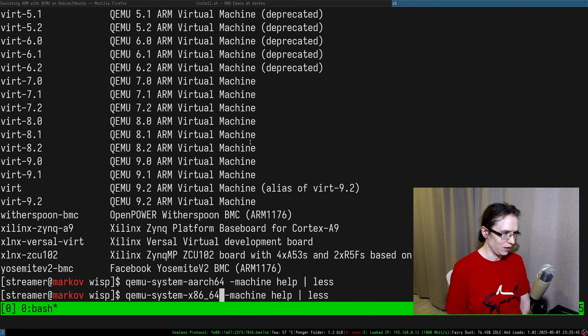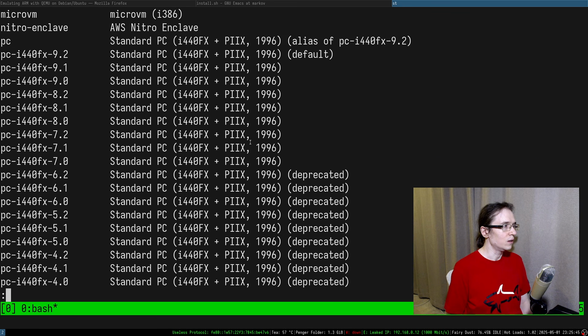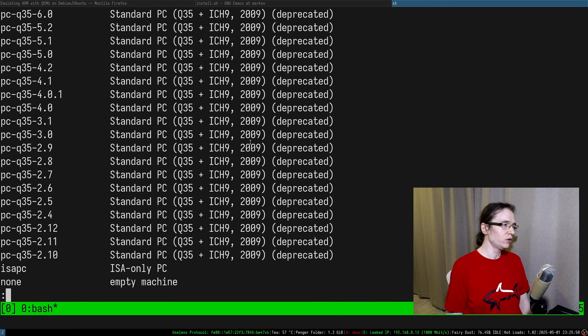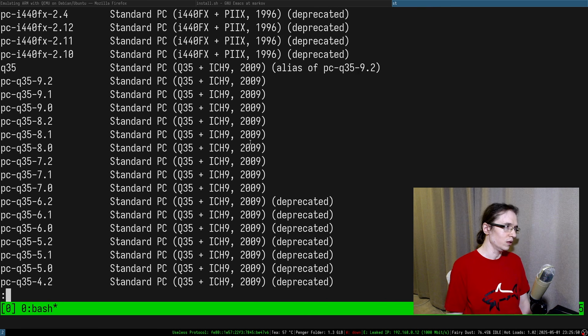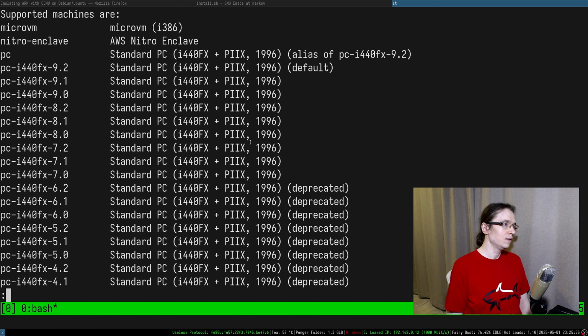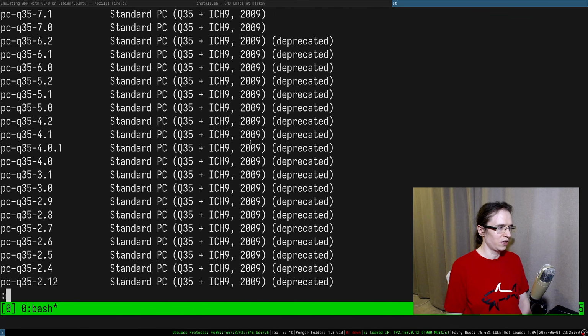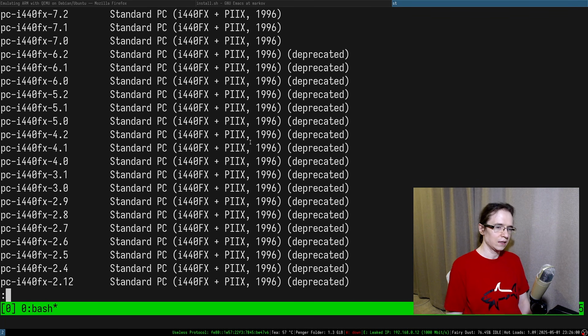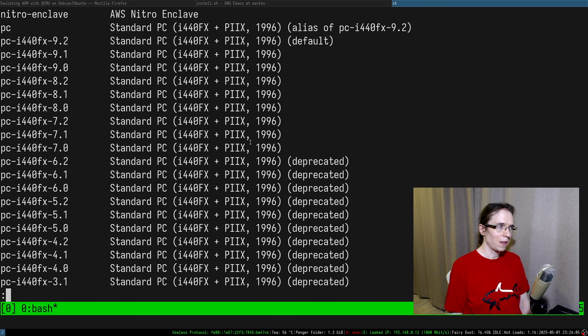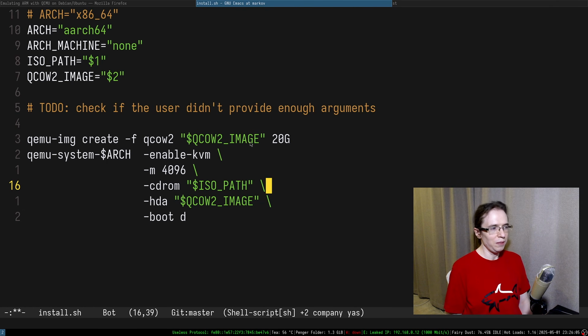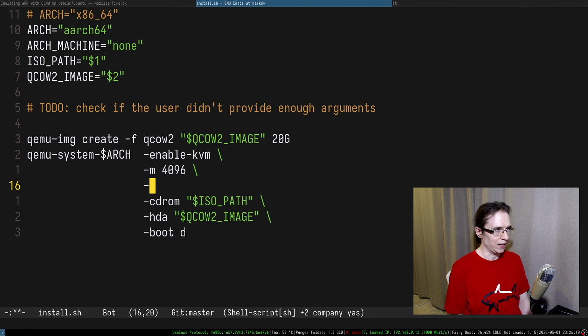So if I do x86-64, ooh, wait, a machine is also applicable to x86-64. Huh. But I suppose for x86-64 it does really matter, so it's just a PC. PC is more or less a well-known thing. Huh. That is pretty cool.